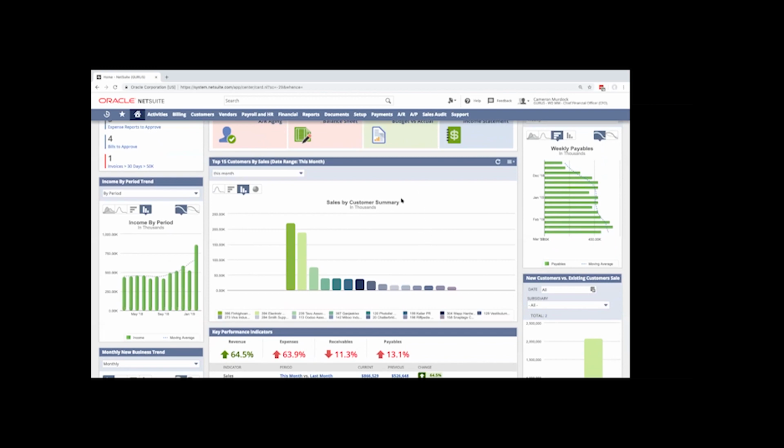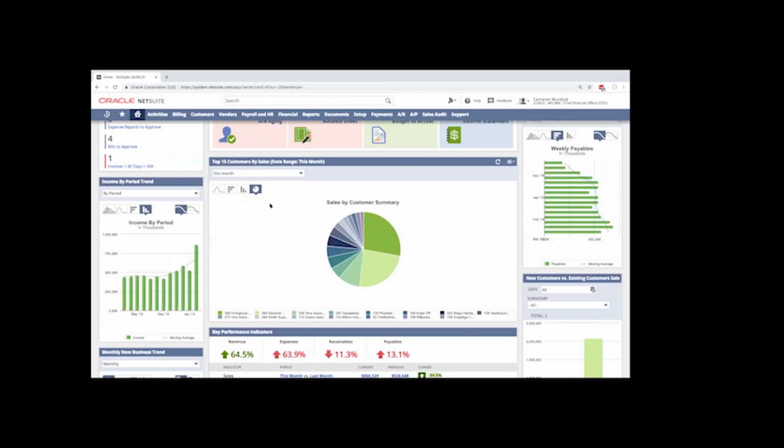Now, these types of reports we can actually zoom into to see a little more detail. We can see here I can go right into the finer detail, and I can zoom back out. I can also change how I'm looking at this information. For instance, if I want to see it in a pie chart format instead, and now I can actually see the top 15 customers and the percentages they represent in terms of revenue. And this is for the current period right now.